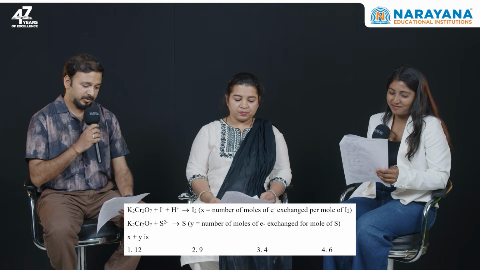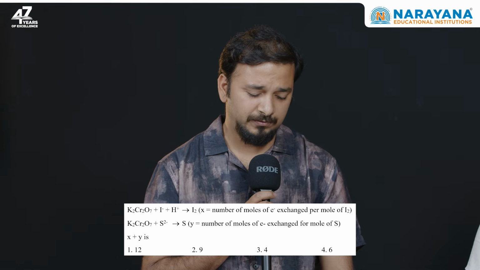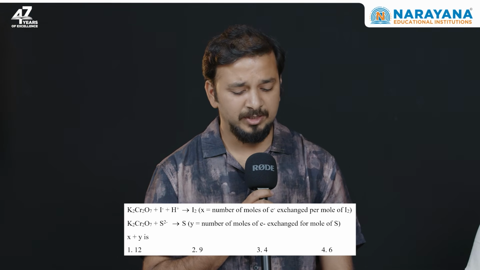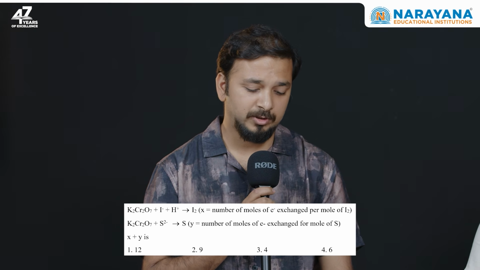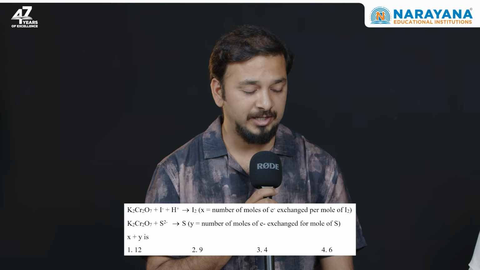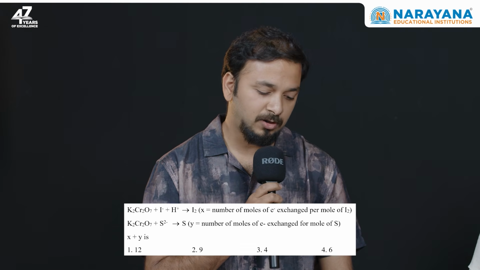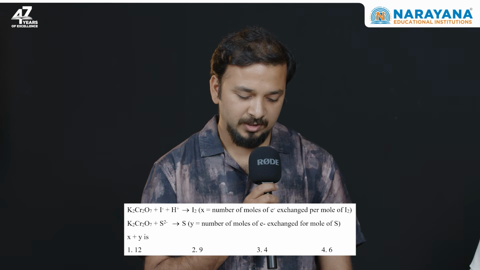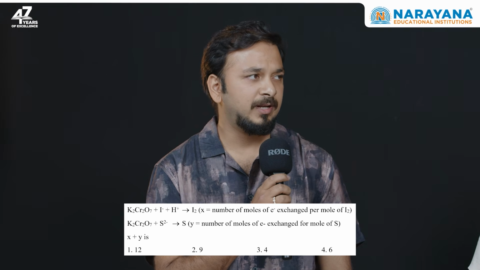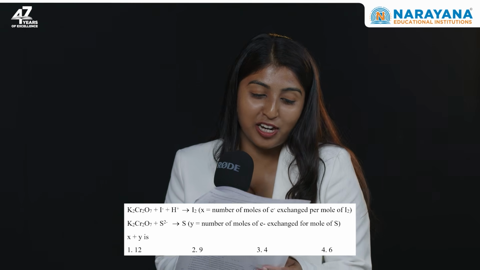Now moving on to question number 7. Question number 7 is from the redox reaction chapter. If they know balancing of reactions, it will be easier for them to solve it. One mistake they can make is that they have asked the number of moles of electrons exchanged per mole of I2, per mole of product. Generally what we solve is with respect to reactants. So over there they can make a mistake, but if they are able to read it properly, it will be easy for them to attempt this question. So you have to do careful reading for question number 7.